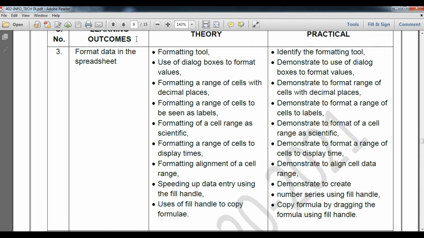So student, we have completed today the third learning outcome, that is, format data in a spreadsheet: formatting tools, use of dialog boxes for formatting, arranging cells with decimal places, how to convert a number into a label, how to use scientific formats like date and time, formatting a range to display time, formatting alignment of a cell range, speeding up data entry using the fill handle, and using the fill handle to copy formulas. So student, I hope you are doing well. Till then, thank you and have a nice day.